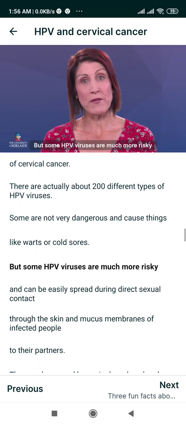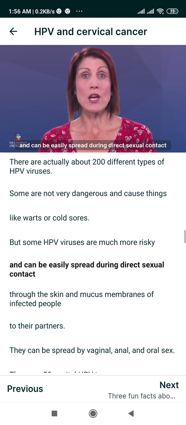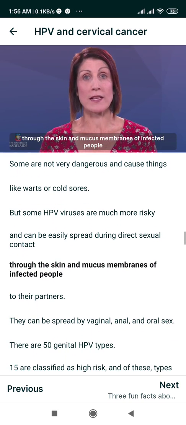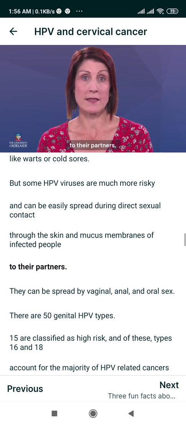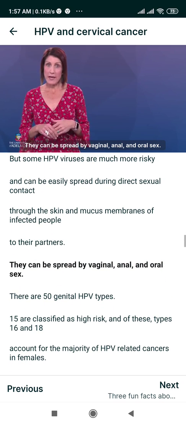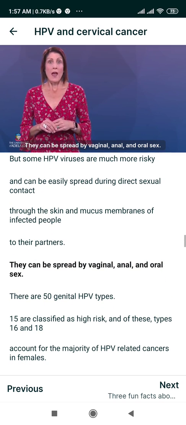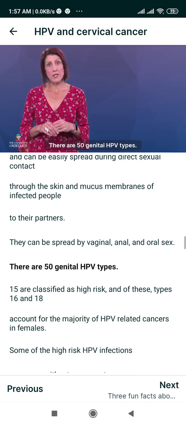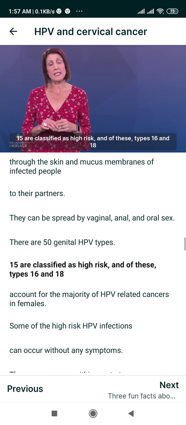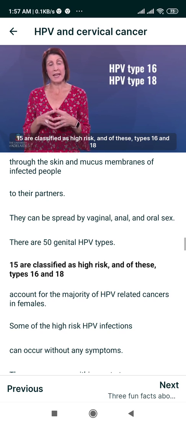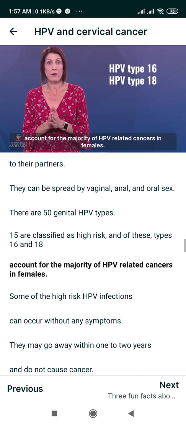But some HPV viruses are much more risky and can be easily spread during direct sexual contact through the skin and mucous membranes of infected people to their partners. They can be spread by vaginal, anal, and oral sex. There are 50 genital HPV types. 15 are classified as high risk, and of these, types 16 and 18 account for the majority of HPV-related cancers